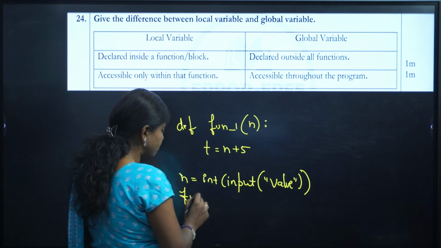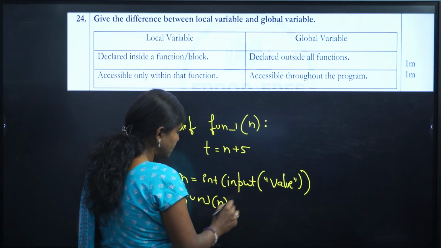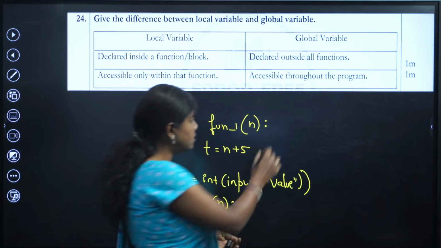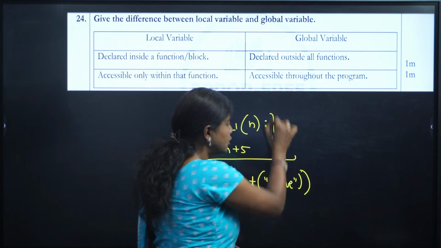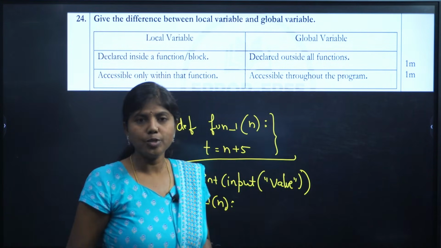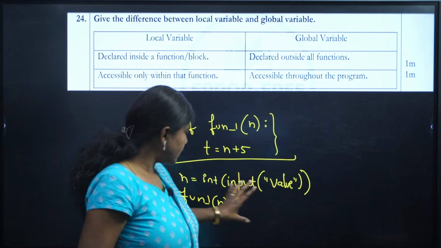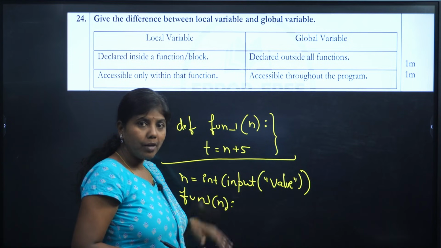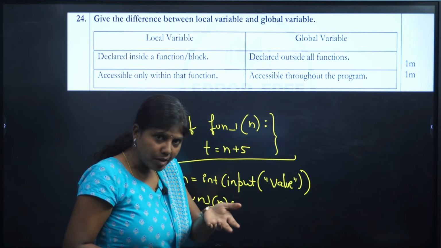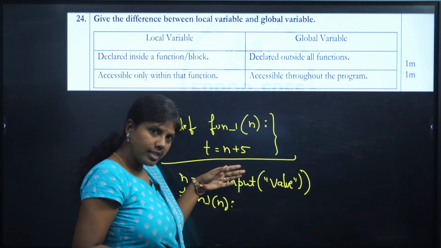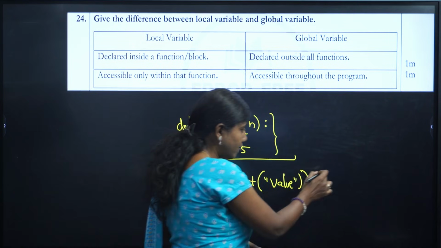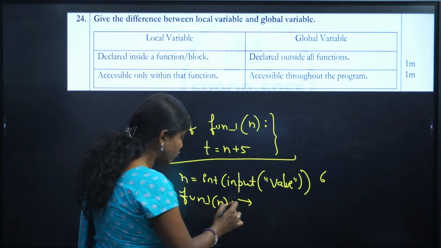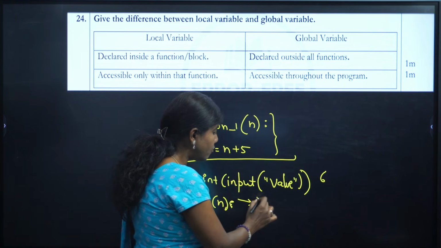I'm going to call the function. Okay, let me tell you here, because this is very important. What is this entire thing? This entire thing is known as the function definition. And here, this is going to be the beginning of the main program. Execution always starts from the main function. It starts from here. It takes an input from the user. Let's consider it's going to take a value of 6 here. And after that, what is this statement? Of course there is no colon here, this is called a function call.